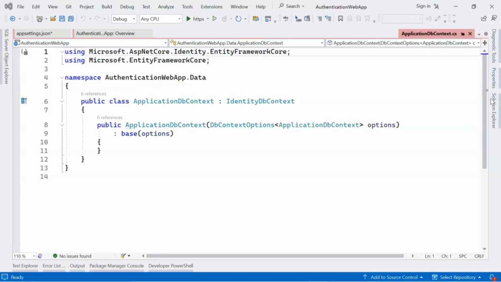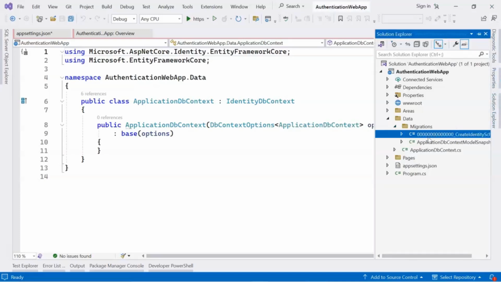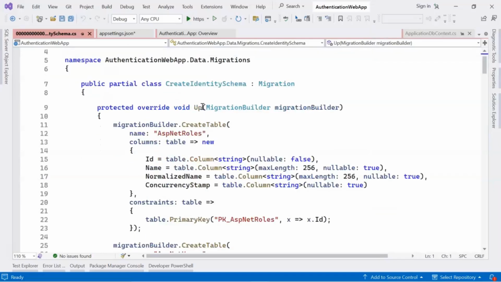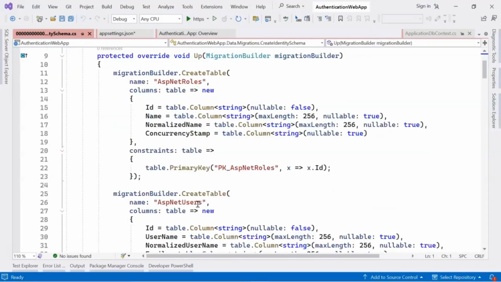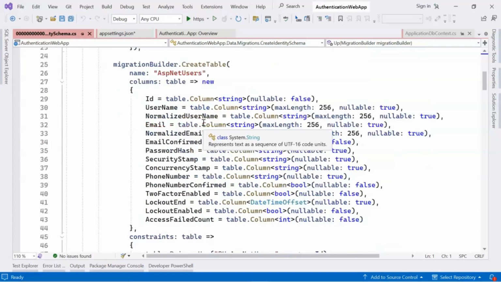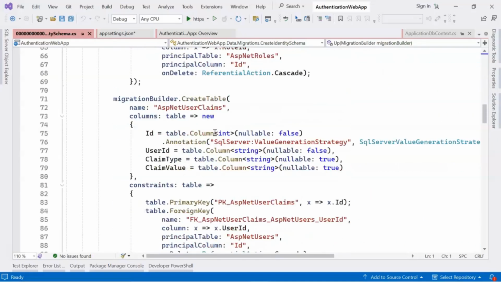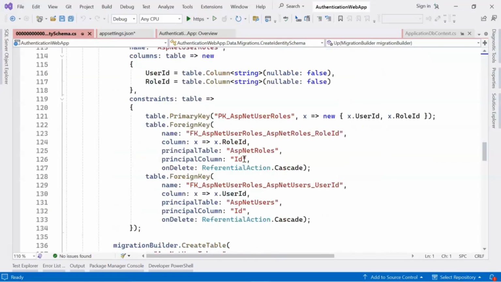And then here is the migrations page. This is going to create the tables in the database. All these tables, related to the users, their roles and login, and everything, are going to be created in the database. The only thing we need to do is update the database.